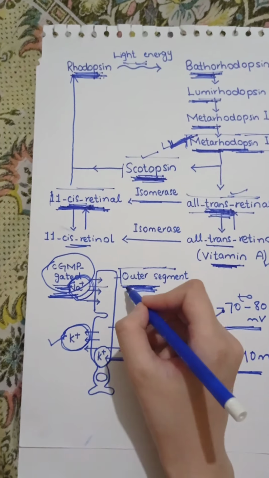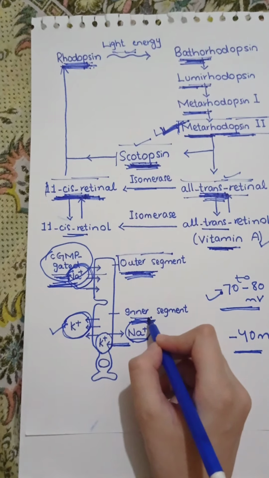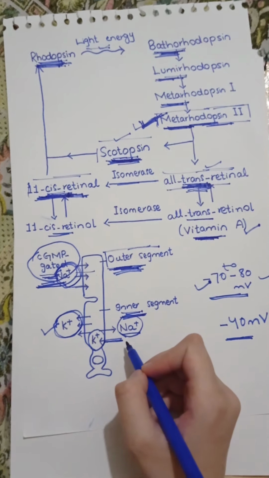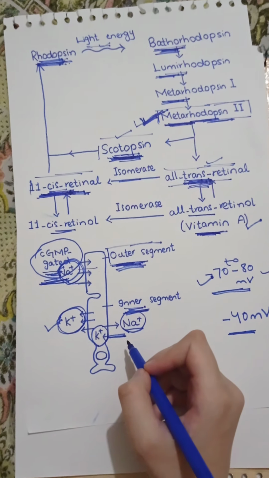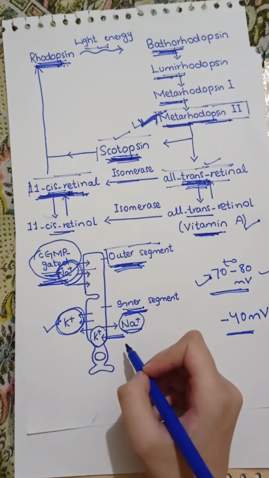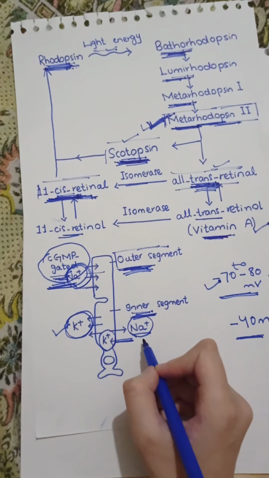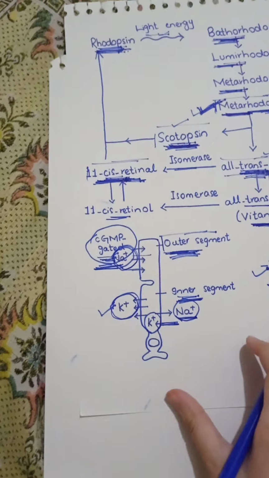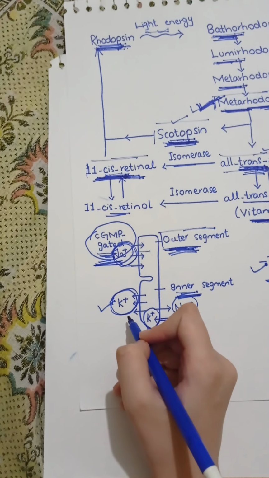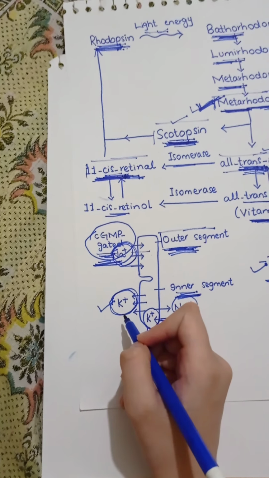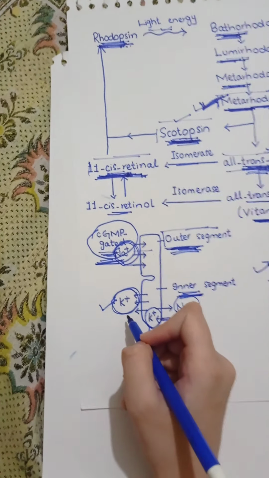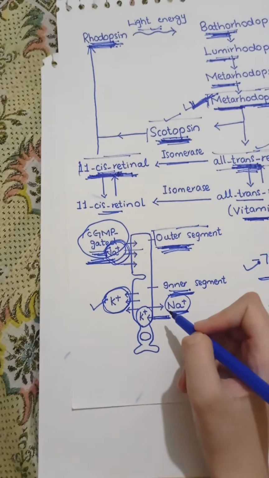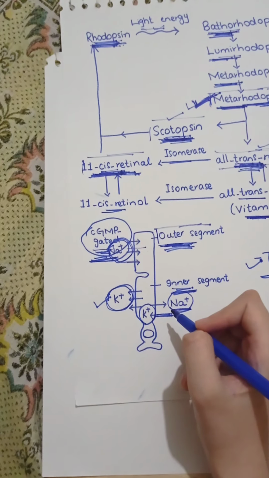The rod cells have an outer segment and an inner segment. The inner segment has a normal sodium potassium ATPase pump, which works as in other cells, transporting sodium out of the cell and potassium into the cell. At the same time, potassium ions are leaking out of the cell through the non-gated potassium channels. So there should be increased electronegativity inside the cell, as in the case of other cells, but